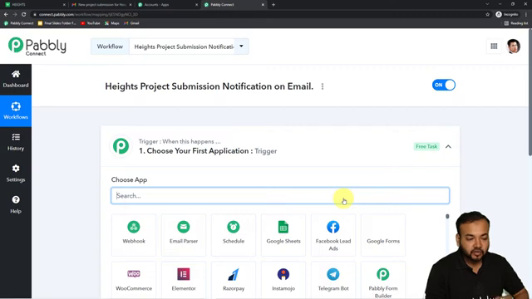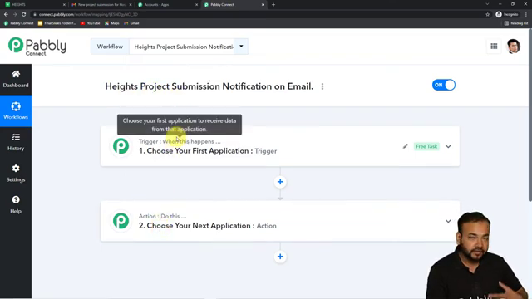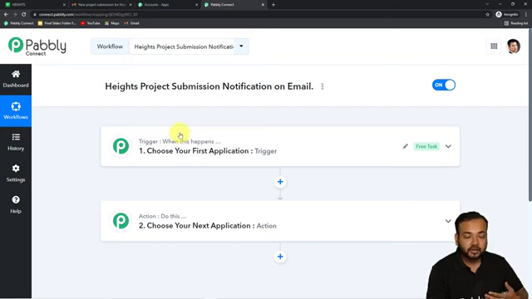And guys, here you will see these two things first, the trigger and the action. So Pabbly Connect works on these two things. The trigger says when this happens, the action says Pabbly Connect, please do this. All right. As in our use case, the trigger would be a new project submitted here in our platform, and the action would be to send the notification email to the course creator, okay, about this project submission,